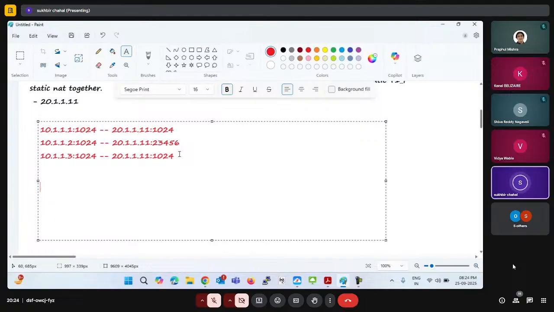Whenever you want the same port number with the public IP in the translation, like if 10.1 is using port number 1024 and that translates into 20.1.1.11 with port number also 1024, and similarly the other user is also using the same port number, but here you have the same public IP and the same port number. Normally the firewall doesn't create the same entry with the same port number; they have separate port numbers, like this, okay? But if you want to keep whatever port is used by the user as the same,